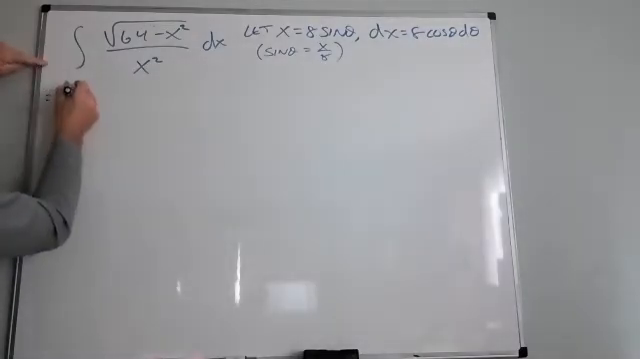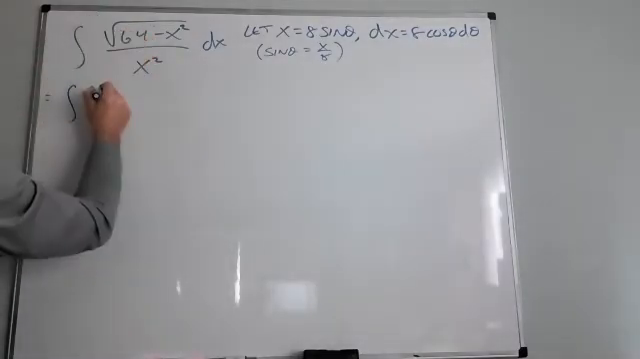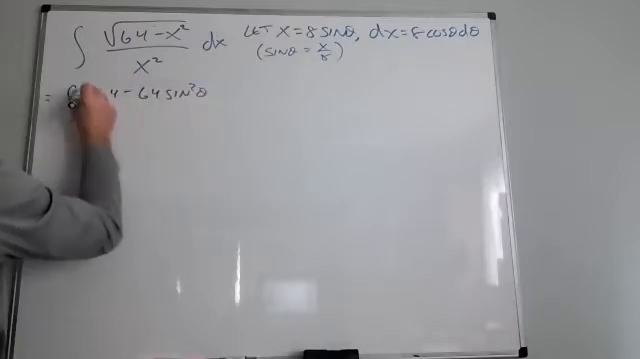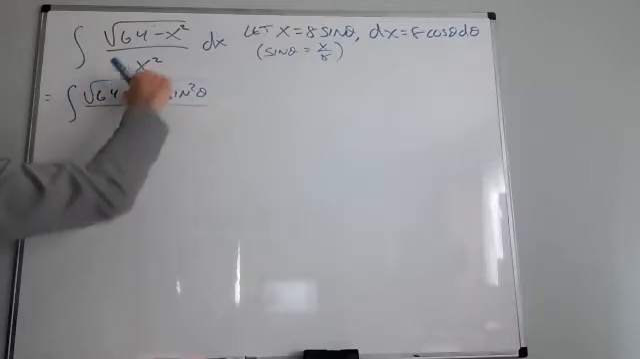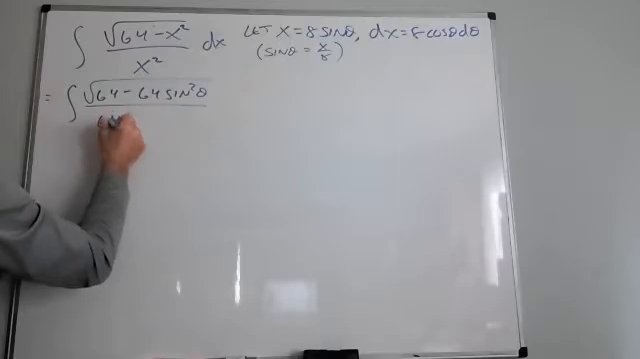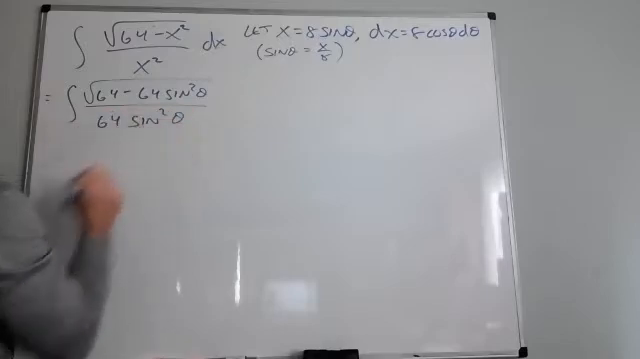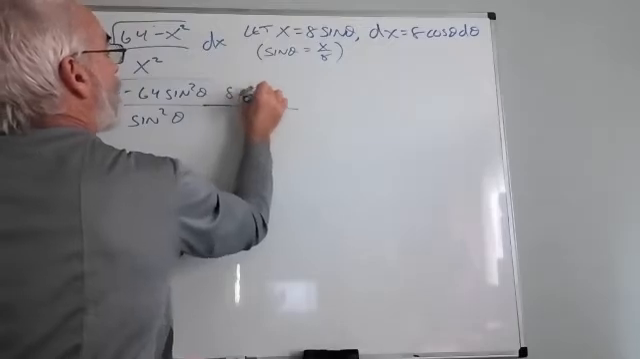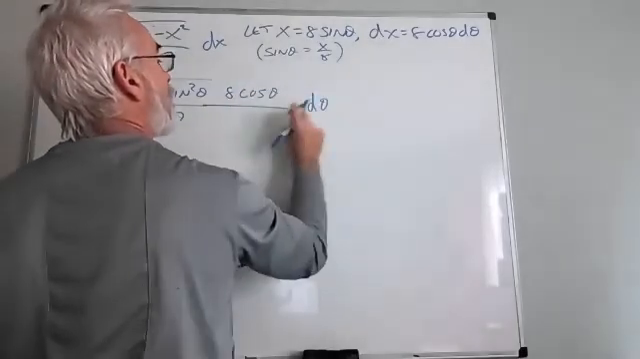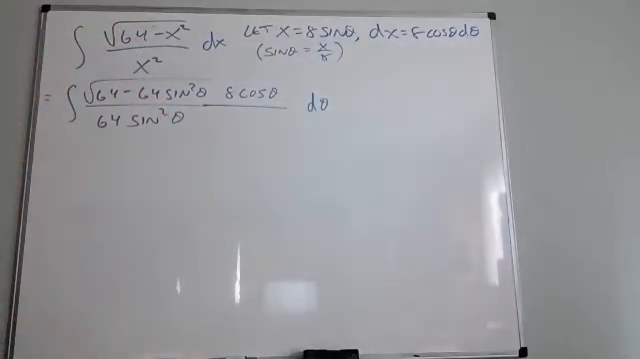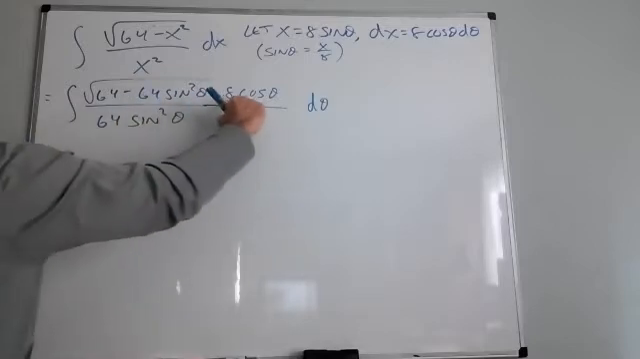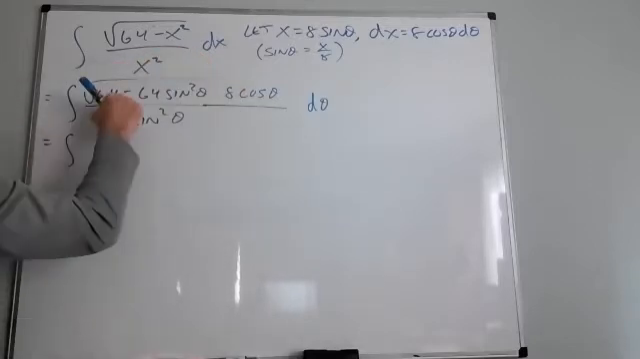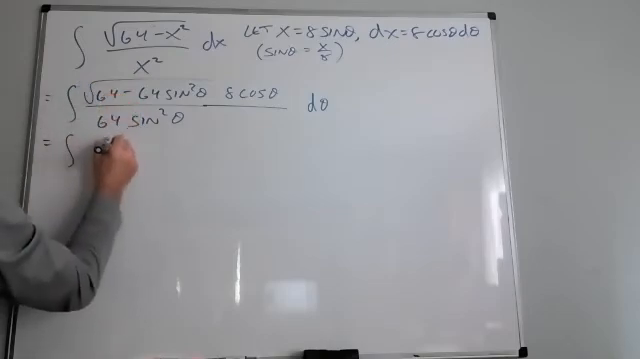So now this will become, based on this substitution, 64 minus 64 sine squared theta under the root over x squared, so 64 sine squared theta in the denominator, and then my chain rule factor, I'll have 8 cos theta all integrated with respect to theta. Now remember, d theta is not part of the quotient, and make sure this 8 cosine isn't part of the root. Now, when I simplify this, this is going to become the square root of 64